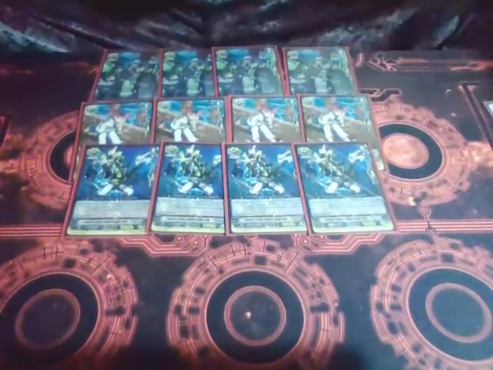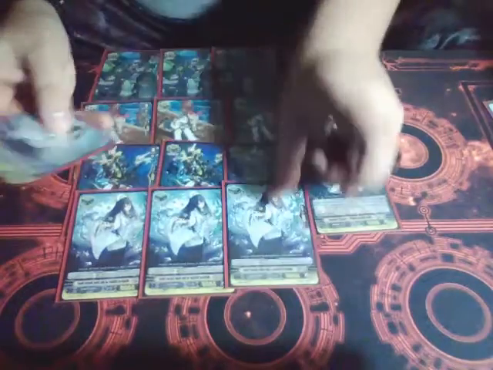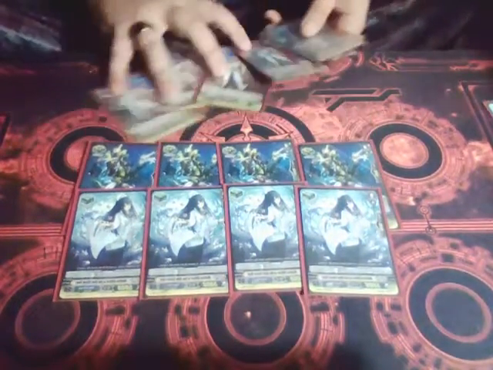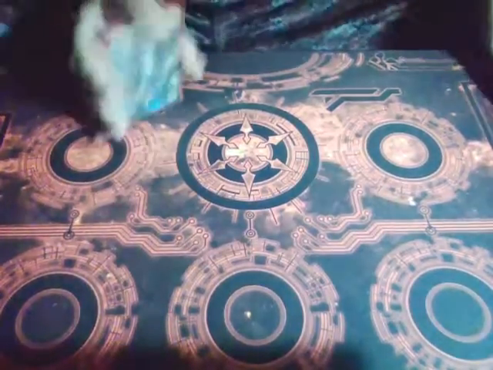And then we also play 4 copies of Medical Officer of the Blue Storm Fleet for our heal trigger, because we want our heal trigger. So 12 crits and 4 heals. You could play stand triggers in this deck as well, but I like the criticals, so...